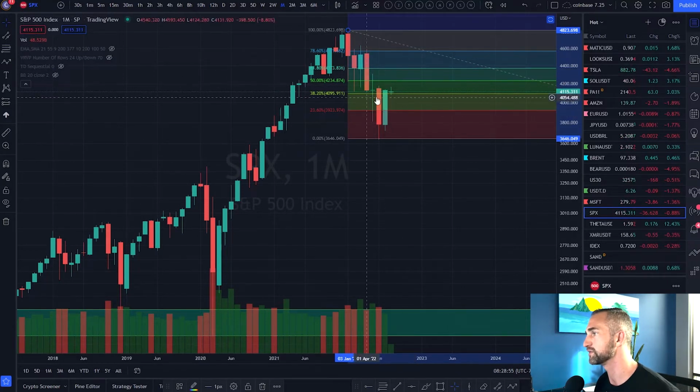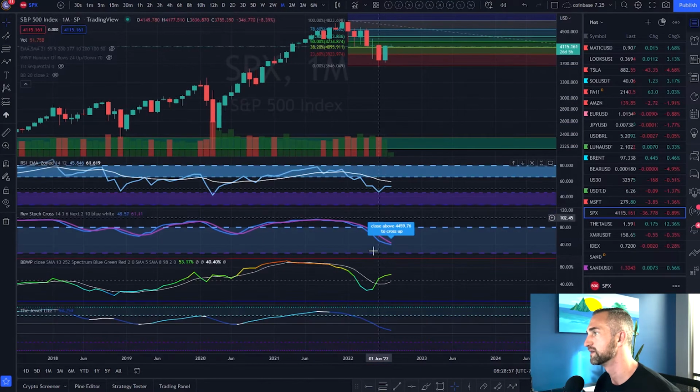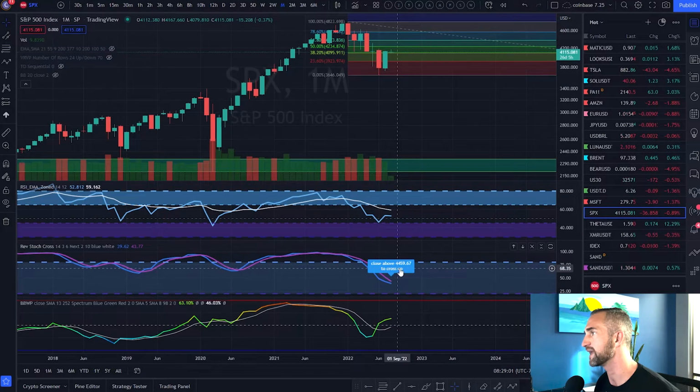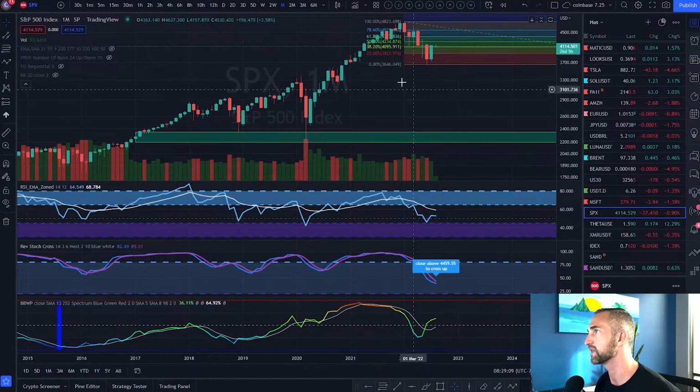So do we have enough juice to get up there? I don't know. Momentum is still coming to the downside and will remain. Oh, look at that pivot at 4,400, 4,459 on the monthly time frame. So as long as we're closing below there, I'm expecting another leg down. You know, short stop at 3,200.